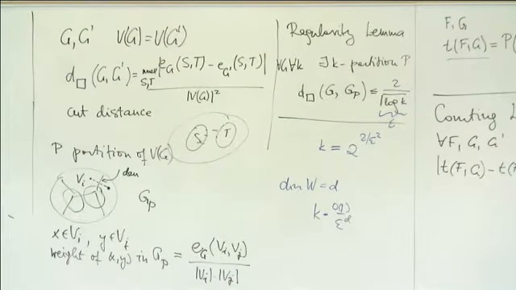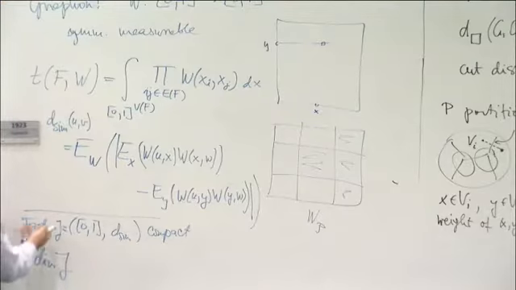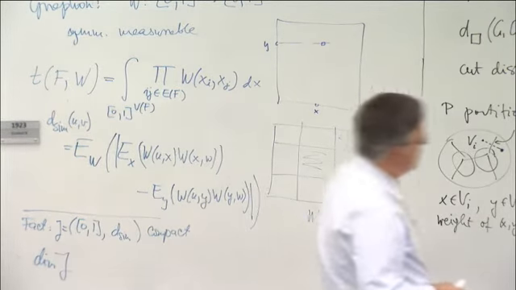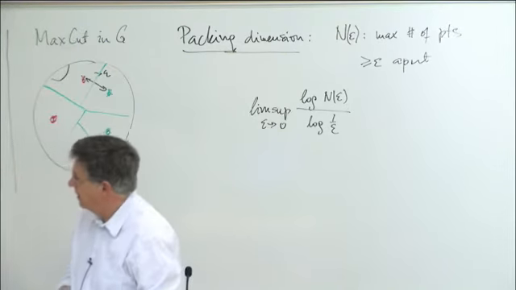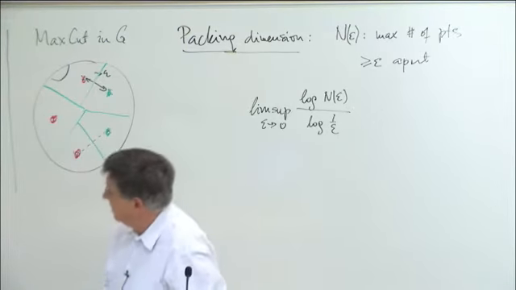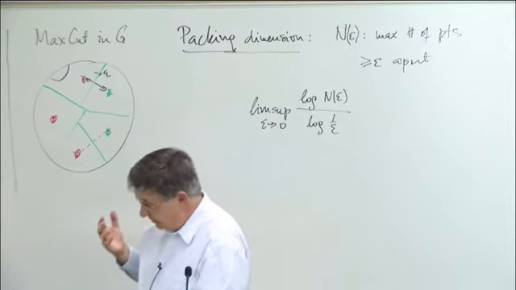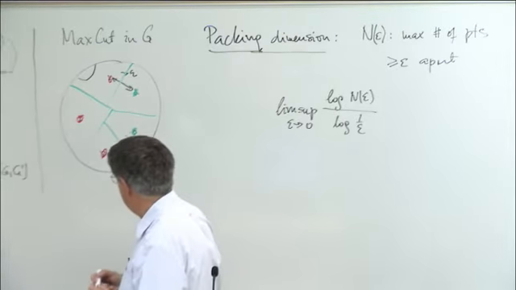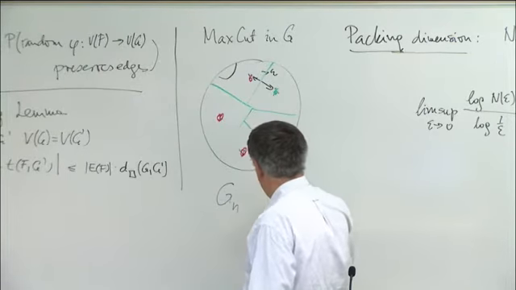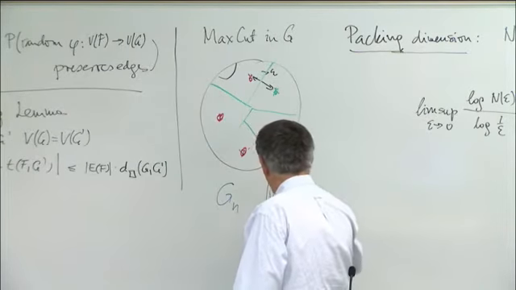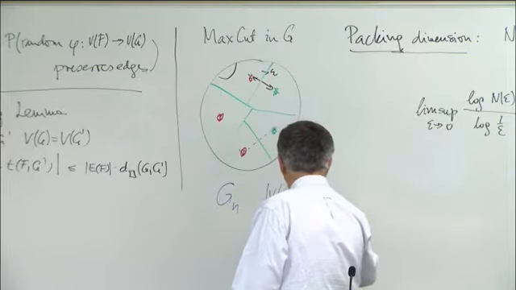Okay, and now the question is, what can we say about which W's are finite dimensional? Now, why do we care about W's? Here I will only describe the idea that if you have a sequence of graphs where the number of nodes tends to infinity,